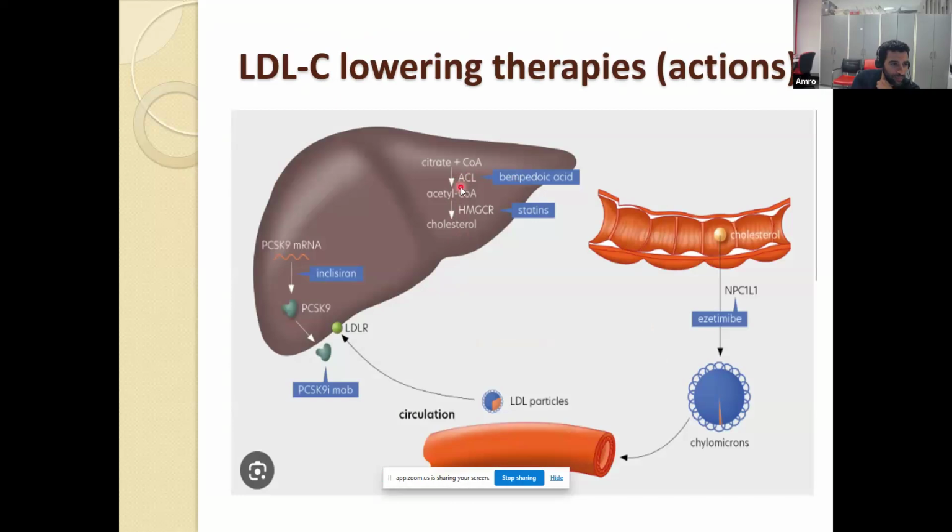It works on an enzyme called ATP citrate lyase, which works further upstream of cholesterol synthesis. It's a prodrug, and because it's a prodrug, it doesn't get metabolized in muscle. So we often use it in primary prevention in those who can't tolerate statins, and we can't use PCSK9 or inclisiran. In trial, bempedoic acid was shown to raise uric acid, and obviously